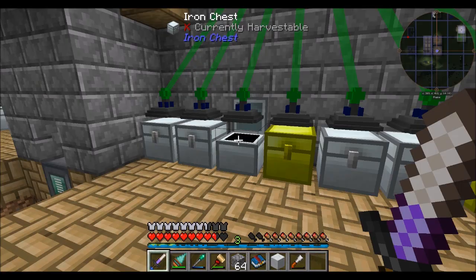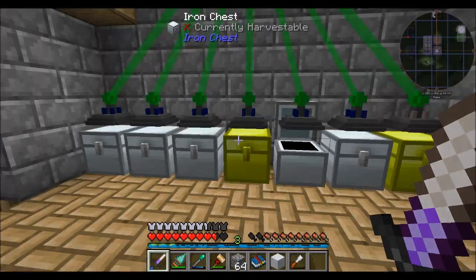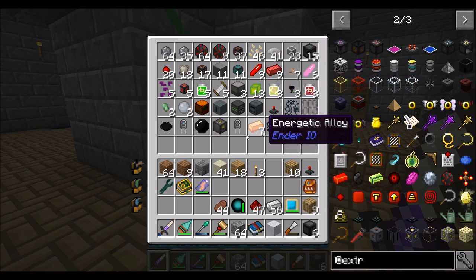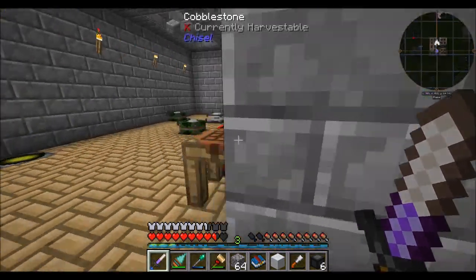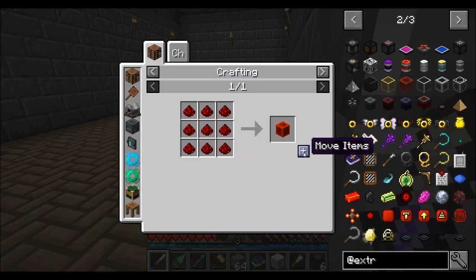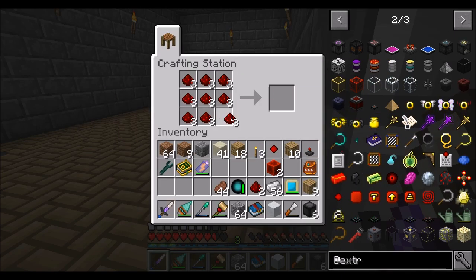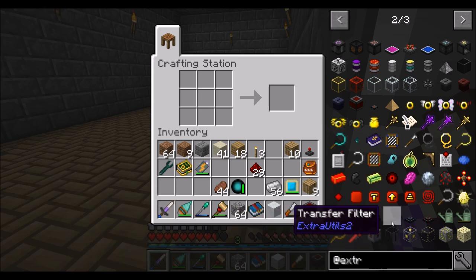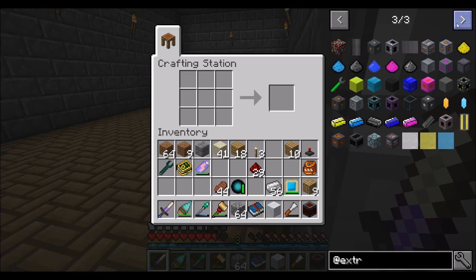Do I have some stone burnt? Maybe. Do I have one of those resonating crystals? It would be in here if I did. Good, I have 6 stone burnt and a resonating crystal, which means we can make one of these bad boys. Cool. This wireless RF battery has the ability to transfer a small amount of RF wirelessly in the world. For that, we're going to need...